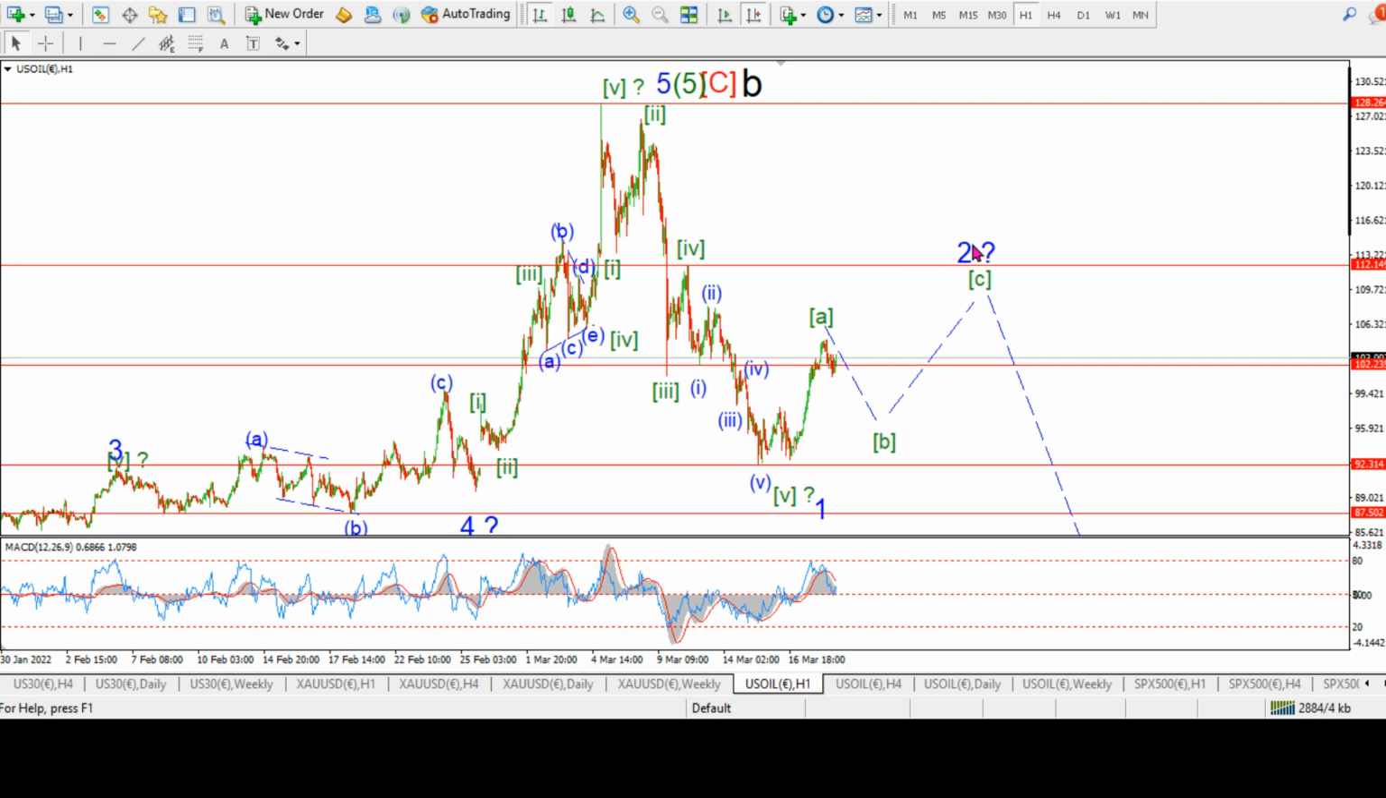It could be a large second wave correction, possibly citing that 110, 112 area, previous 4th wave high. That would be an interesting area to watch for resistance to build to this correction. And if we do return lower again towards the end of next week, that will signal a third wave down is developing. I think if we get a third wave down, it'll probably come in line with peace talks and